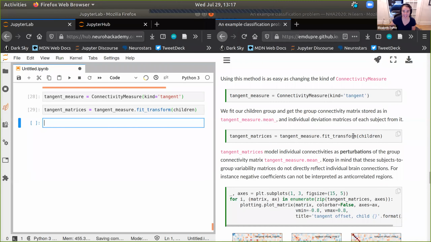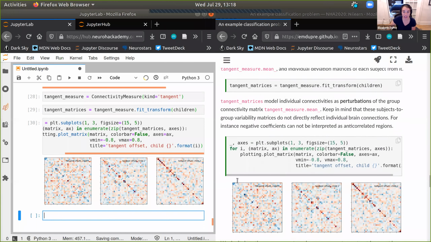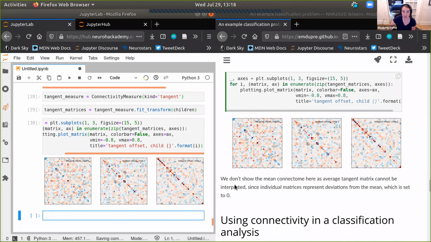So what we're really looking at is variability, which means that we can't quite interpret it in the same way as before with things like negative correlations. But we can still look at it just to see what it looks like. As you can see, the diagonal no longer necessarily is one, so it's definitely something different here. Because of that, we also don't want to plot it on the brain. You could, but it would be set to 0, so you wouldn't see much.